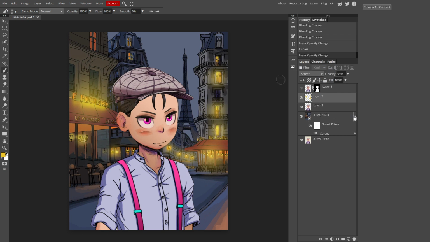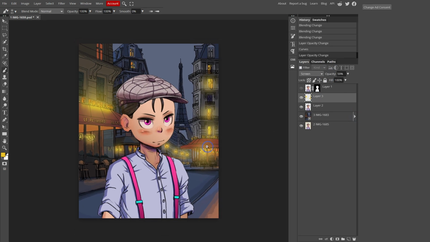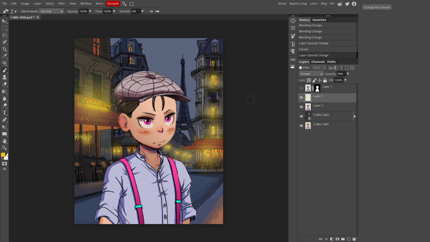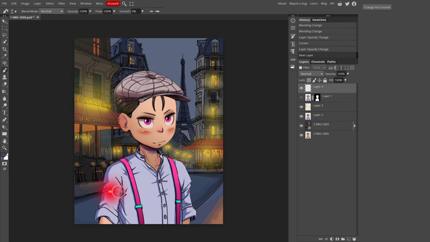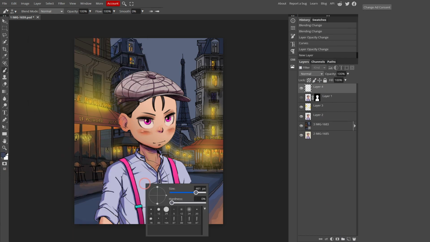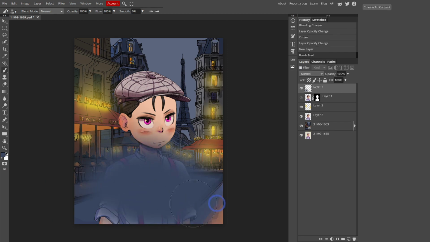So now you can see that the main mood of the image is a lot better. What you can do also to put some kind of night mood into your image is set a new layer, and you can actually paint the general mood of the image. In this case, it's gonna be a dark blue. I'm gonna pick a big brush with a low hardness, so big size, low hardness, and I'm gonna try to paint all over my image there.